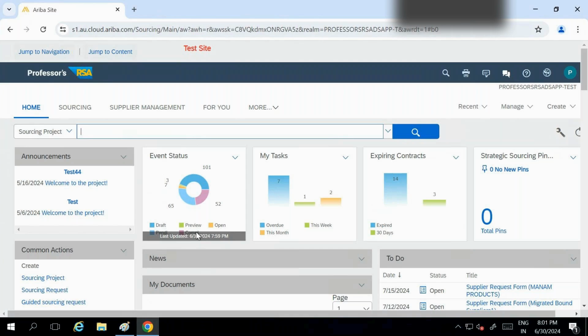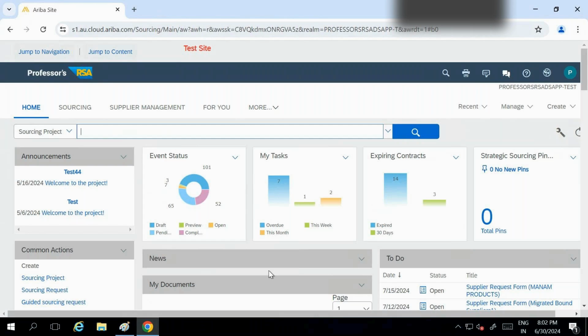We have published your event, and after 2 hours it will actually go live. Open means it is live. Suppliers are about to put in their pricing. We have published that event and it is pending with the supplier only. What is meant by pending? Pending means the response time for all the suppliers has closed. Now it is in pending selection. We are reviewing, or going to discuss our strategy for what to do next.